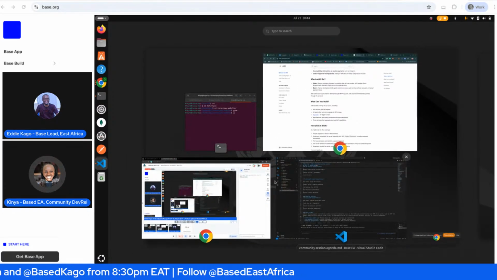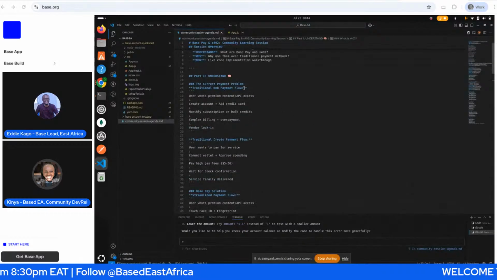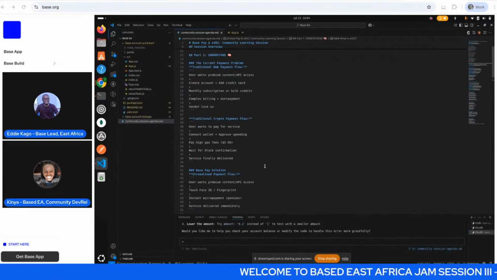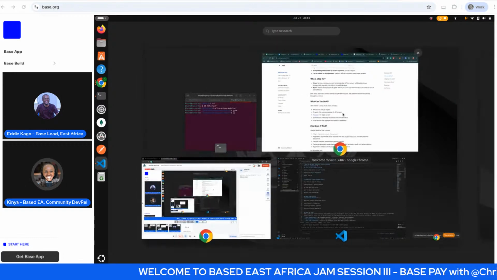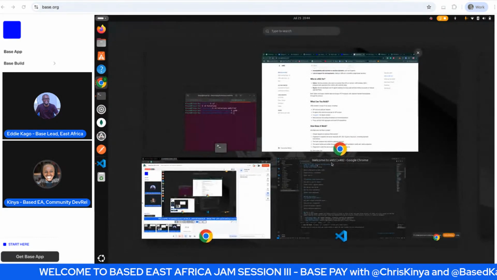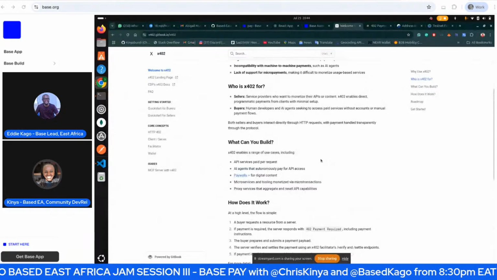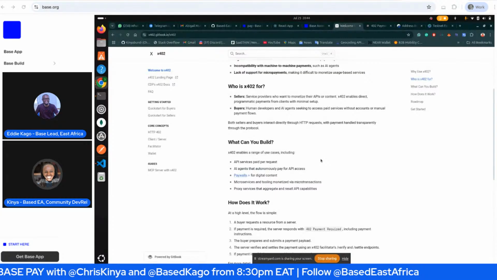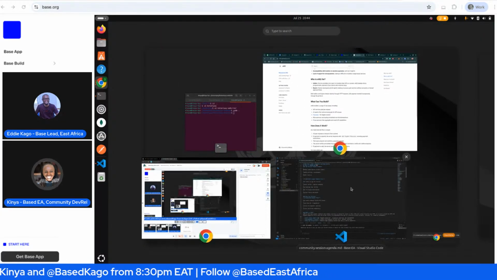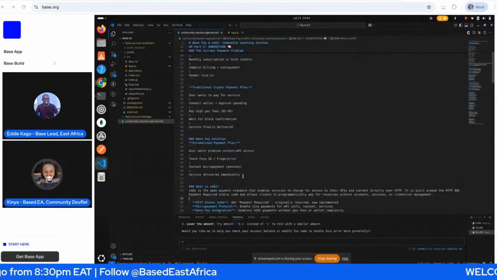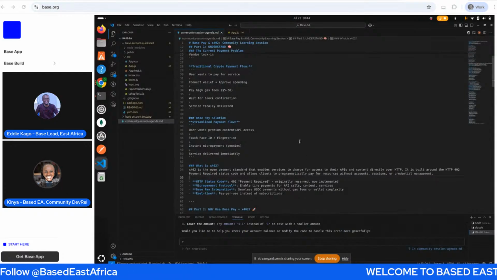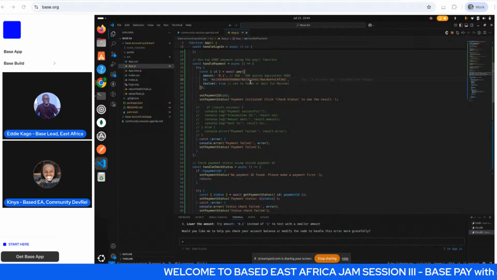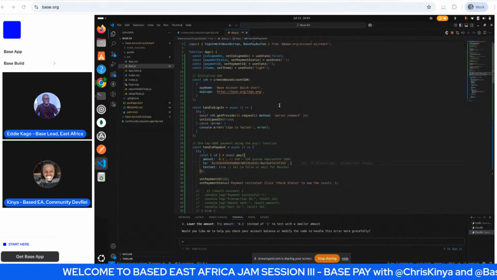So far, I think we have covered understanding what they are and why we should integrate them. For X402, as I explained, it technically allows payment over HTTP requests. So there are so many use cases you can use with X402. But we're going to start with a Base payment on the technical integration. I don't think we're going to create a new project for this. This is something we